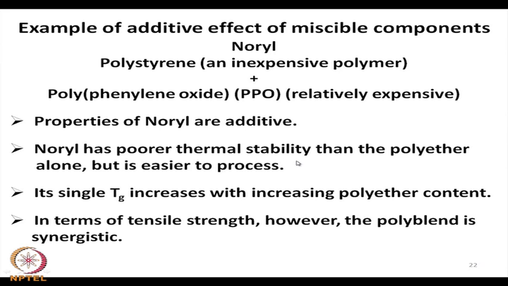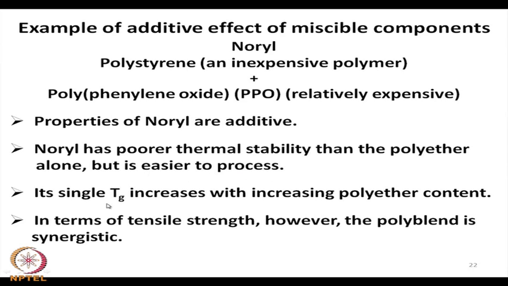So, in order to make it processable or to reduce its viscosity during processing at lower temperature, components like polystyrene can be blended to have a blend with more or less improved properties due to some additive effect. So, here thermal property is reduced,